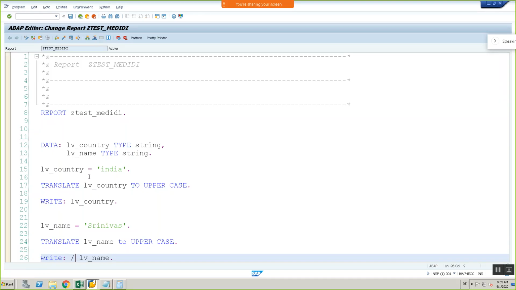So I wrote one backslash here, which means writing in a new line, called the new line character. Whenever your system finds this, it tries to write this statement on a new line instead of continuing with the old line. Clear so far?